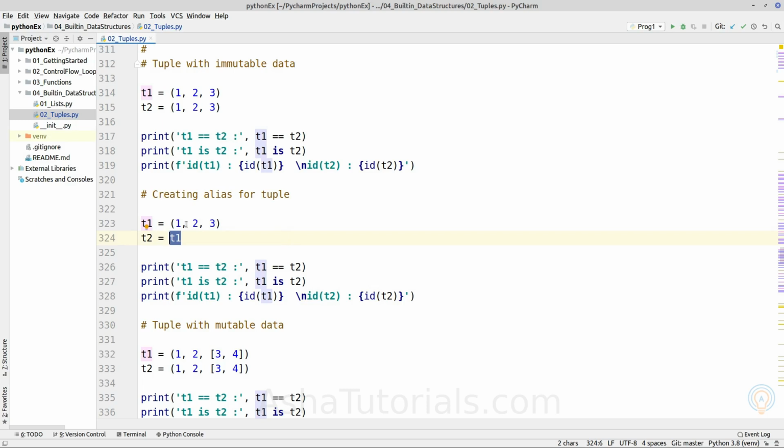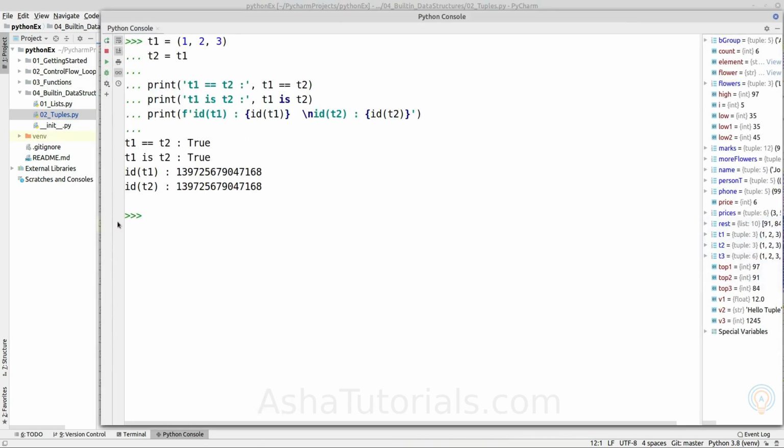Because this object has only immutable data types, it is the same as constructing it again. So if we use assignment, it will also result in the same object, because here we are only copying the memory address from variable T1.